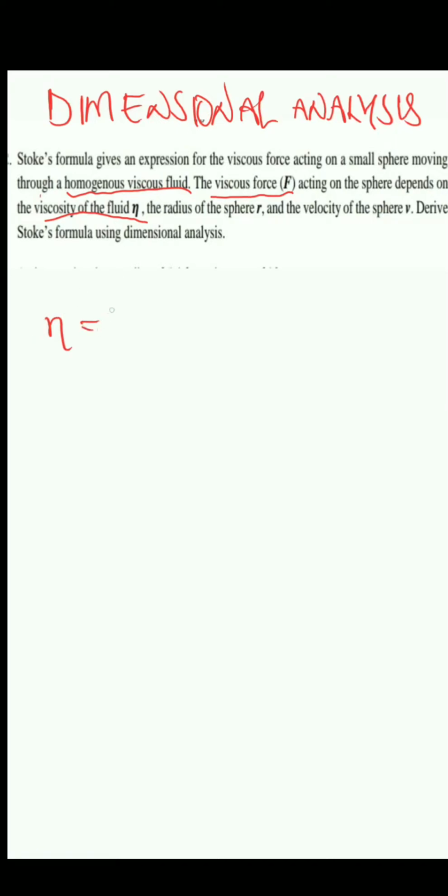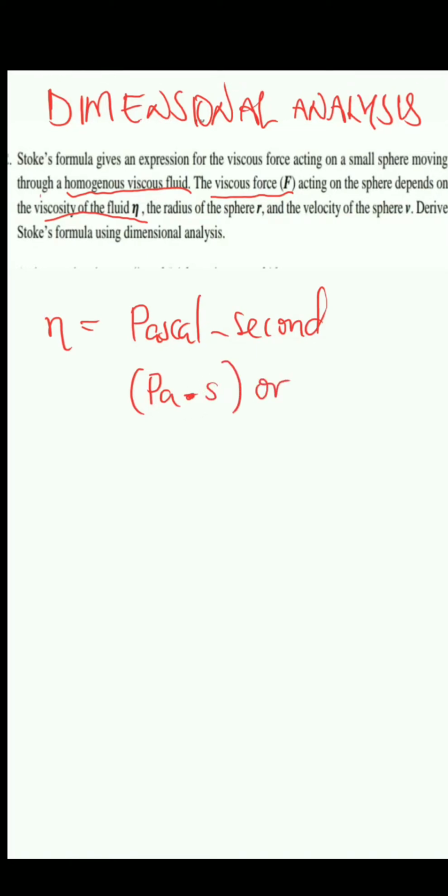Now the viscosity is simply given in Pascal second. Those are the units, which can be abbreviated as Pa dot s, which is also known as a poise. So the unit is also known as a poise with a symbol of P, like that. Now 1 Pascal second, which is a unit for the viscosity, is equivalent to 1 Newton